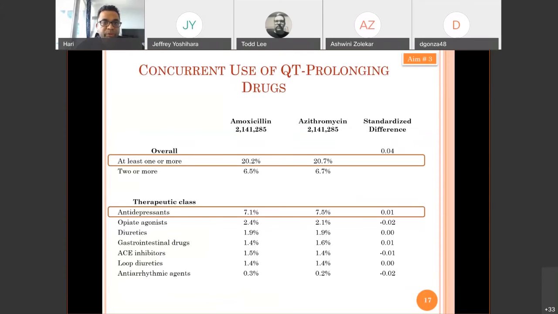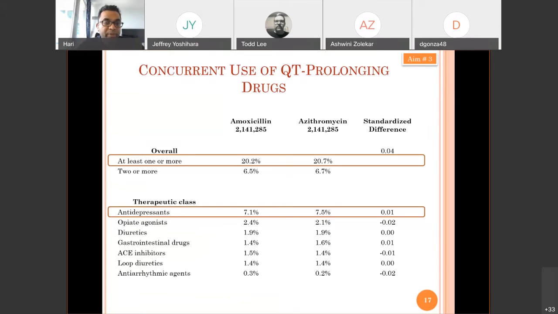Here's a slide showing you the breakdown of QT prolonging medication by each cohort. Again, the same format as the previous one. We had over 20% of the patients in each group that received at least one or more QT prolonging medication, and about 6% or more received two or more QT prolonging medication. Again, we include a listing that had about 200 medications, but here are some top-line therapeutic areas that we want